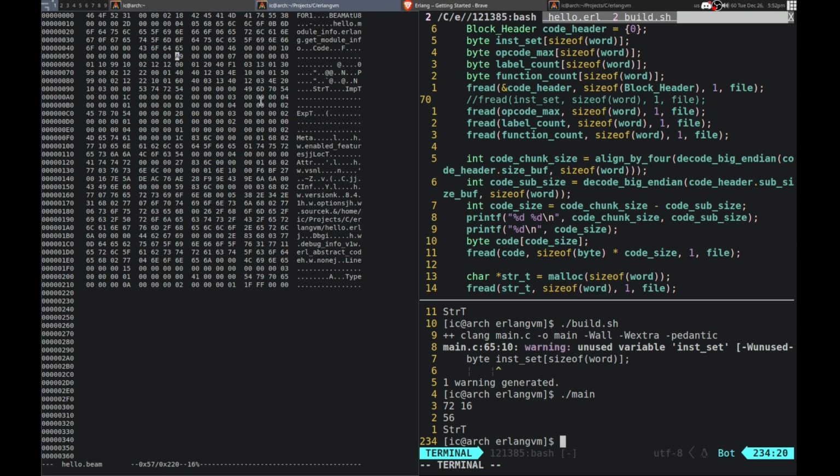I don't quite understand, so let me work through it. This would be the int set. Then this would be code max, label count, function count. Then what is this stuff? Oh yeah, so this is all the code then. So we do that how many times? It was 54. All the way through here. Nope, I'm overwriting stuff.